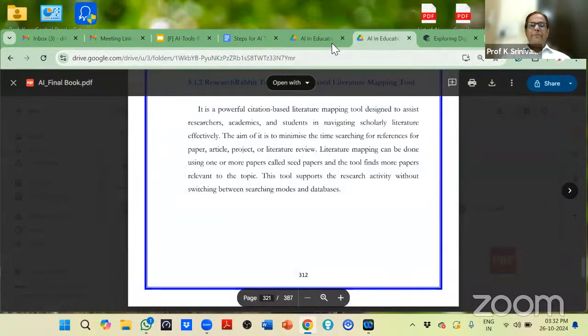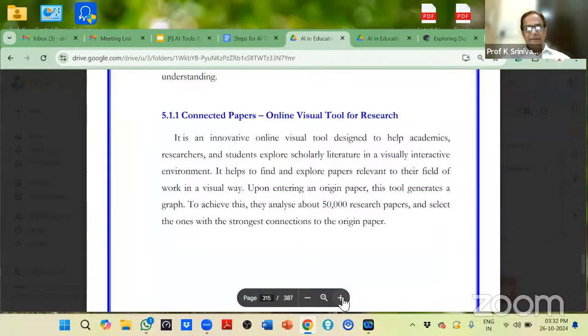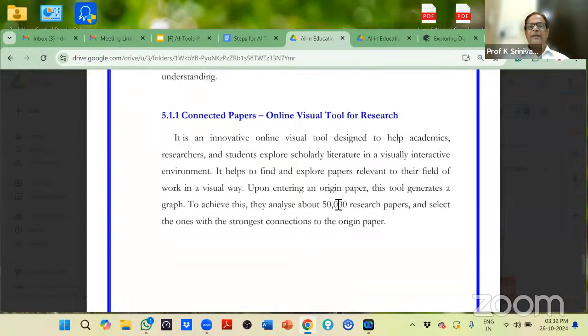चलिए, अब बारी है एक और इंटरेस्टिंग टूल की। उस टूल का नाम है, ये भी हमने स्टेप्स वगैरह बनवाया था, और इस टूल का नाम है कनेक्टेड पेपर्स। और कनेक्टेड पेपर्स भी एक ऑनलाइन विजुअल टूल है designed to help academics, researchers, and students explore scholarly literature in a visually interactive environment. सबसे इंटरेस्टिंग वाली बात है, ये भी कॉन्शंसस, रिसर्च रैबिट की तरह है, तो ऑलमोस्ट हमारे लिए काफी मददगार साबित हो रहा है।